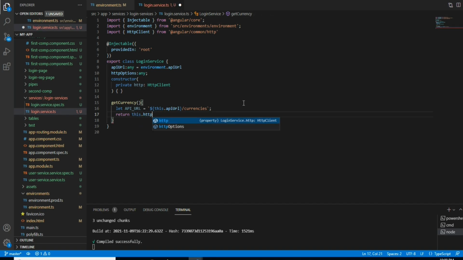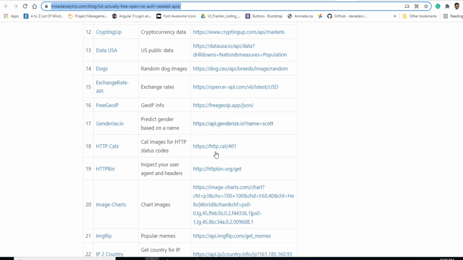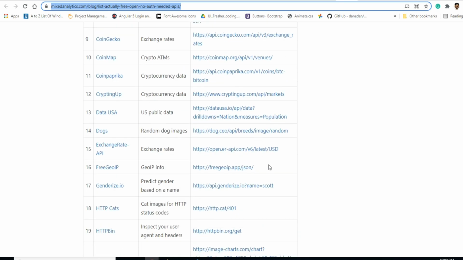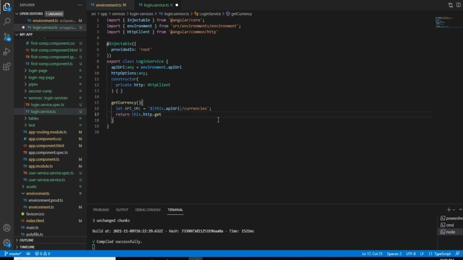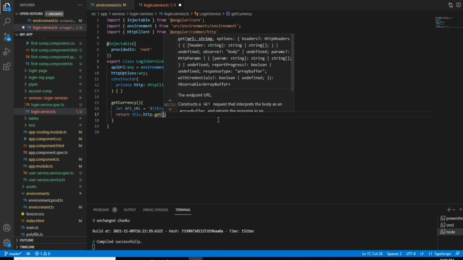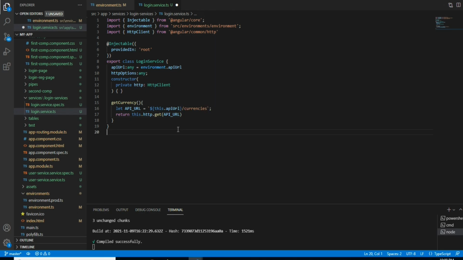I think they have mentioned, or they didn't mention, but I'm not passing any parameters, so I don't need to pass any here. If you are passing any parameters, you just need to give a payload here, like this.